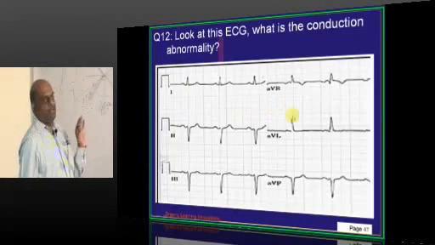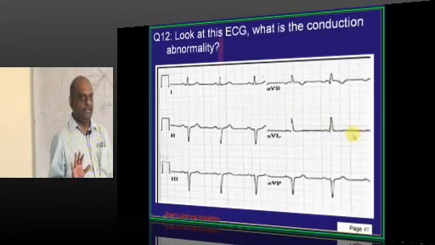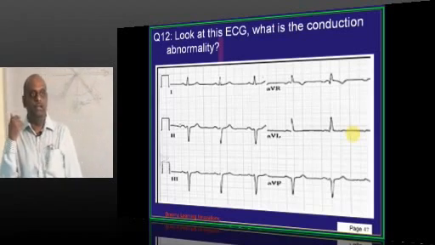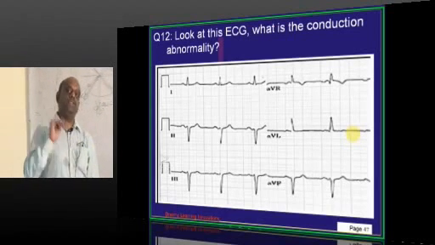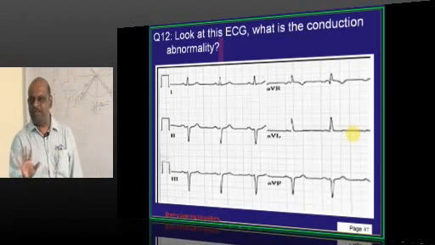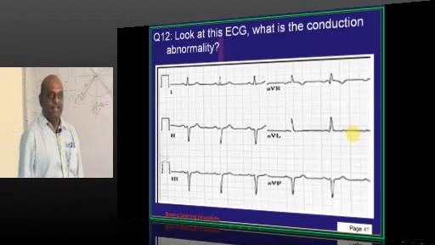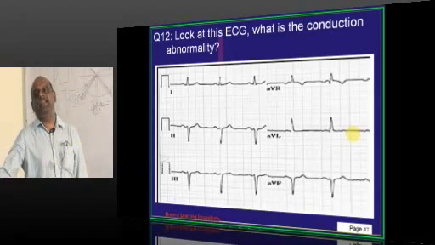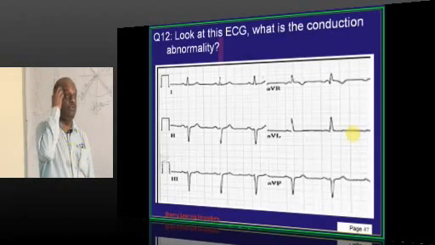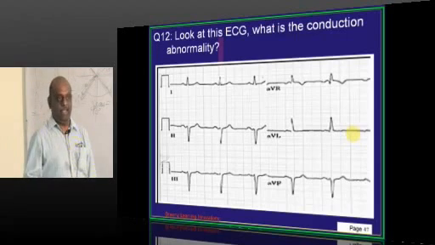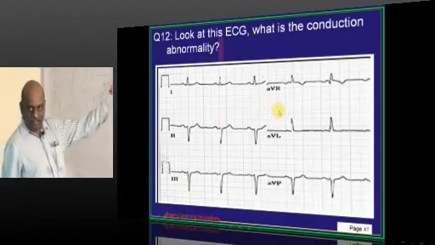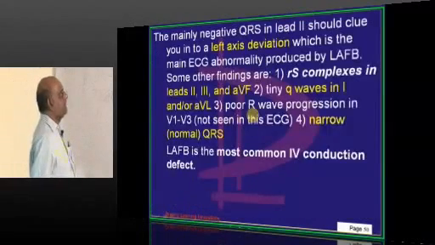See, the maximum an examiner will ask you is left bundle branch block. How do you recognize that? Right bundle branch block? Worst situation, he will ask you left anterior fascicular block, but never left posterior fascicular block. Left posterior fascicular block is unlikely to be asked because it is not that common. A very common block which you find is LAFB, left anterior fascicular block. That is basically recognized by the findings that we have just discussed.